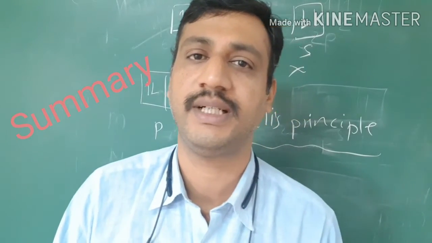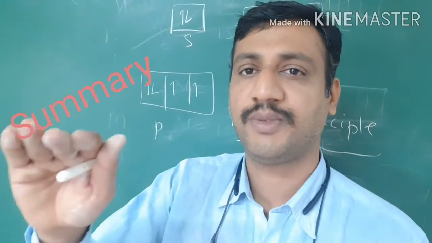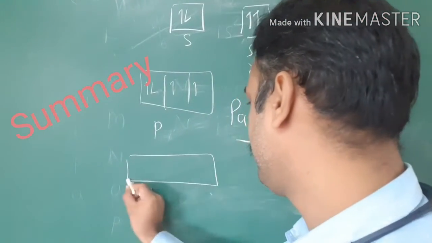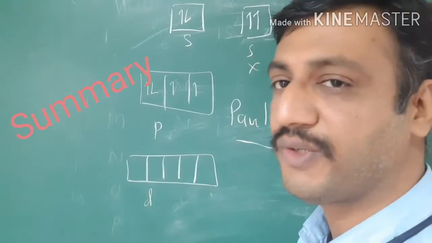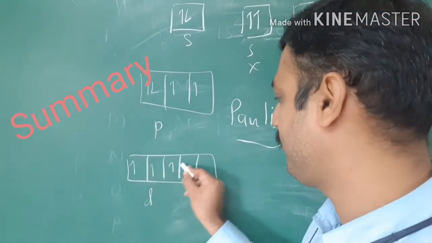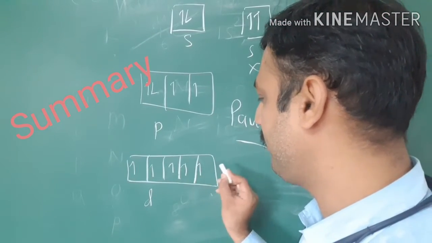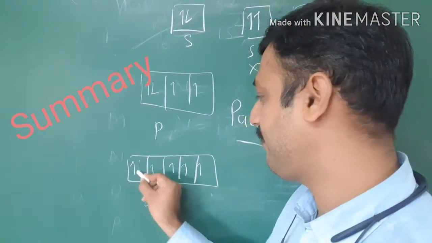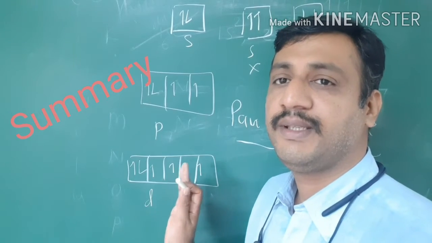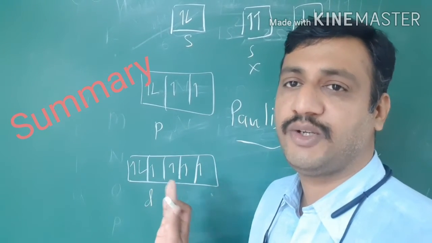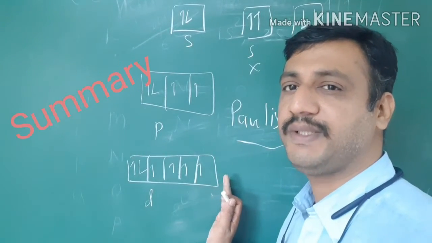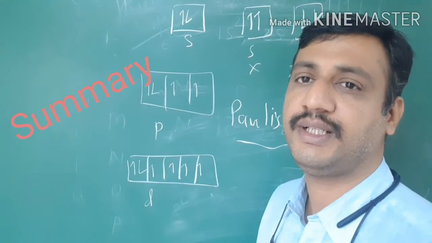Secondly, in Hund's rule we studied that when several orbitals of the same energy are available, for example the d subshell is made up of 5 orbitals, and these are of the same energy. So what will happen? If we want to show the electrons, the first electron should be in the first orbital, then second, third, fourth, fifth, and the next, the 6th electron, will get paired. Until all electrons are unpaired and of parallel spin, the pairing will not occur. If all the electrons are unpaired and of parallel spin, then the pairing occurs. That is about Hund's rule.